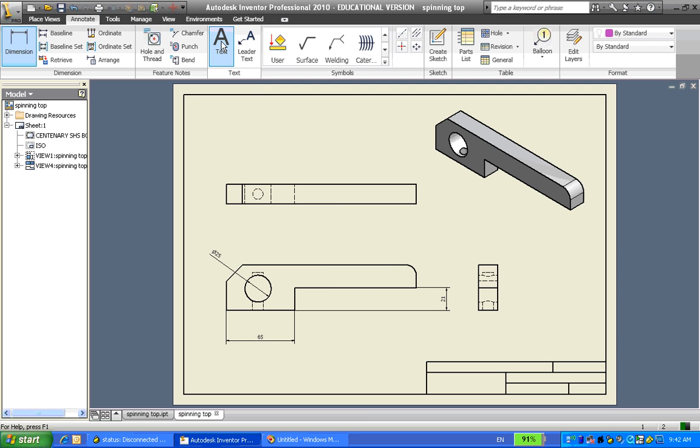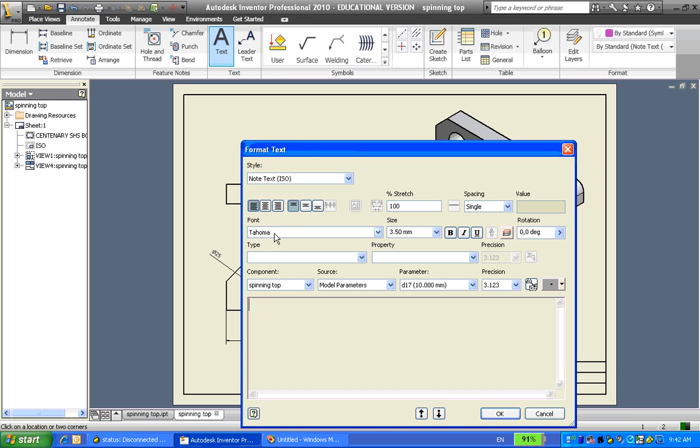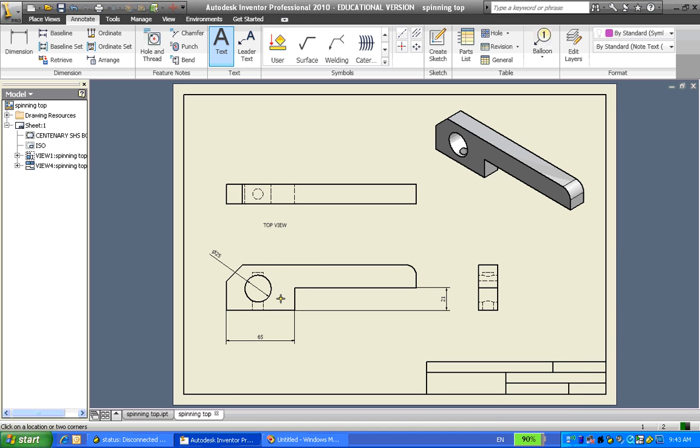Text. If I select text, my cursor has changed. I'm going to put a subtitle here, so I'm going to pick around there. I get this format text coming up, and I'm going to write top view. I can change the style and the font size and all that sort of stuff. Click OK, and there's my